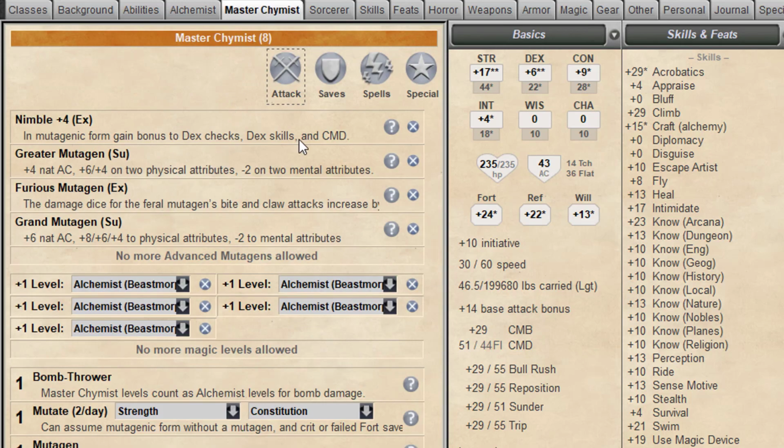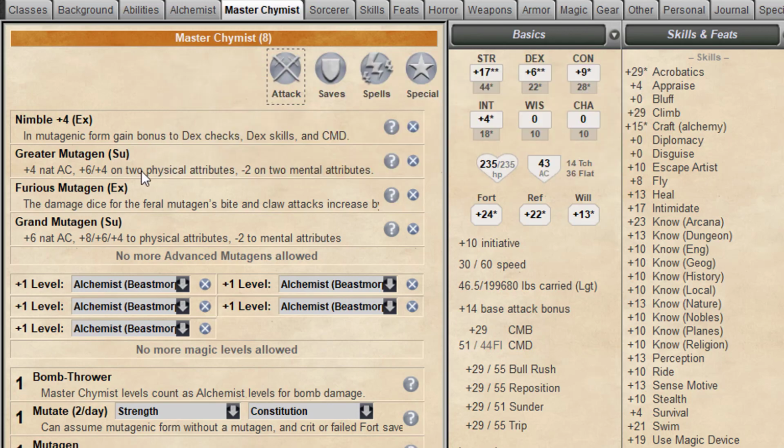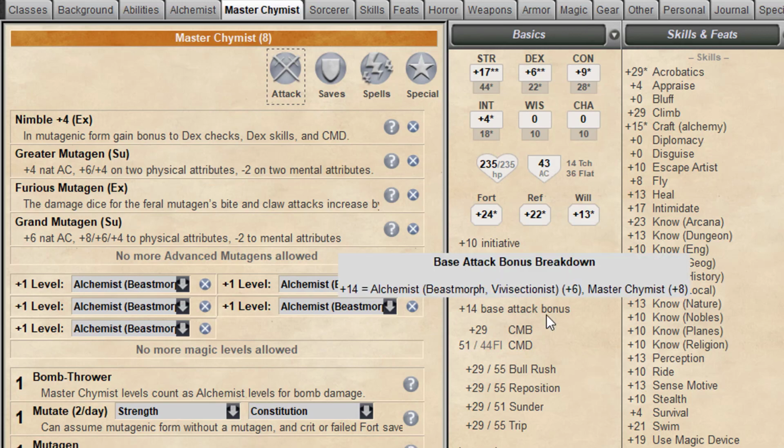Whereas keeping Nimble, we're going to get an additional +4 to our natural armor, and we're going to get a +4 to our jump checks or acrobatics, which will be more useful, and we'll add more to that in a little bit. So the other advanced mutagen we're taking is Furious Mutagen, and this is going to step both our bite and our claws up a level of damage. So that'll be nice. So with all of those discoveries, we're looking at a strength of 40 when we mutate,